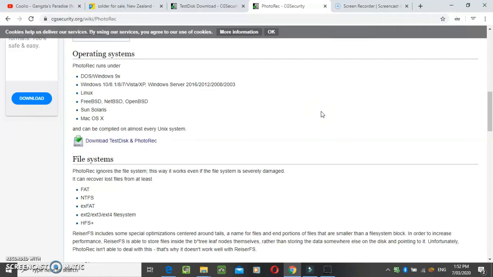Right, so just going to show you, my SD card stopped working today, and I had some files that I wanted to get off it. I tried a few things, and this is what worked here. This free software is called PhotoRec, and you can search for it online. The website is cgsecurity.org, and then just go to download, and it'll come up with different systems that you have to choose the right one for you, and then